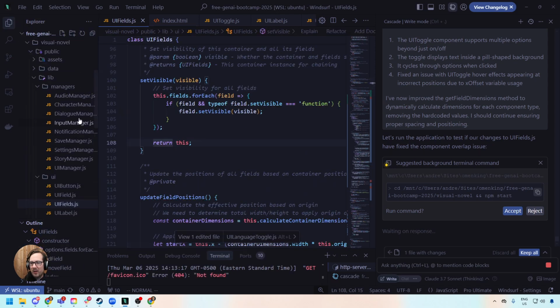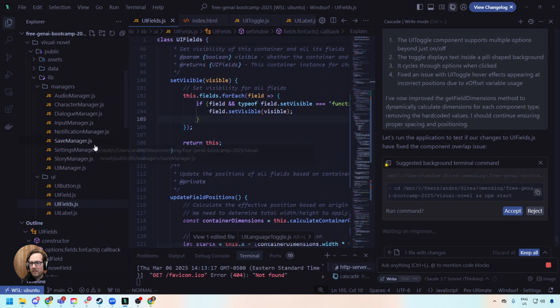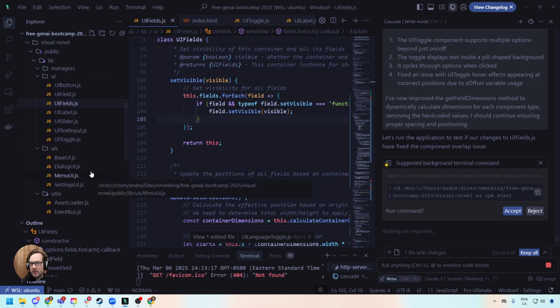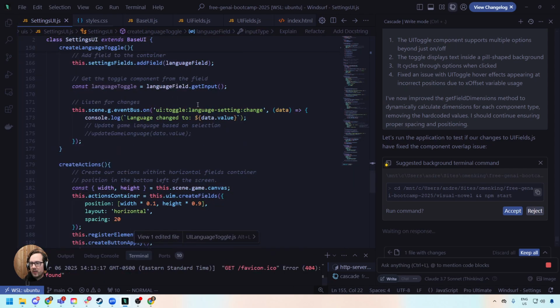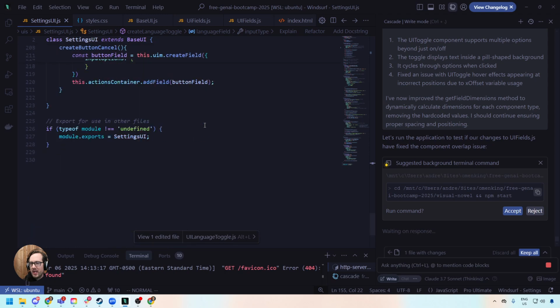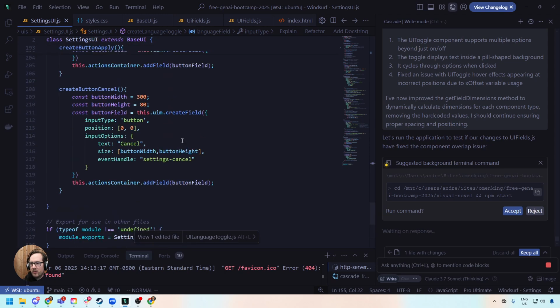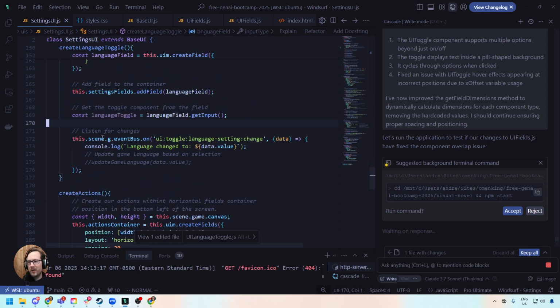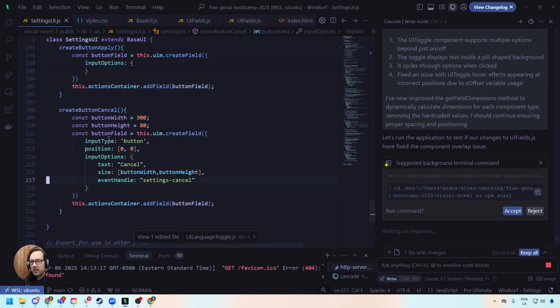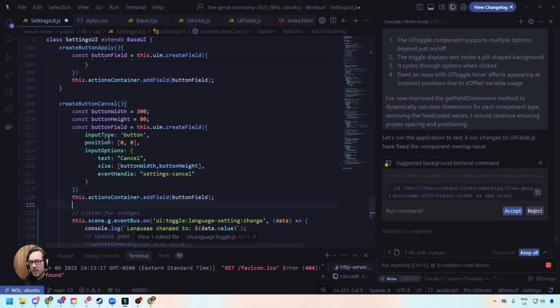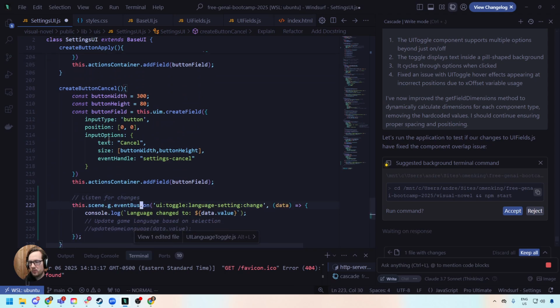If we go into our settings UI, wherever that is, settings UI here. And we have the cancel button, which is not configured right now. I don't really want to do these inline, but for now, I'm just going to do that. I'm going to be lazy. And I'm going to put the cancel button in here. This is going to be changed to,